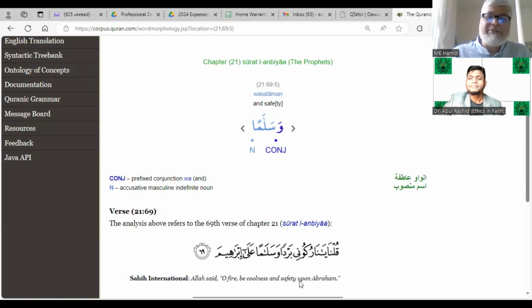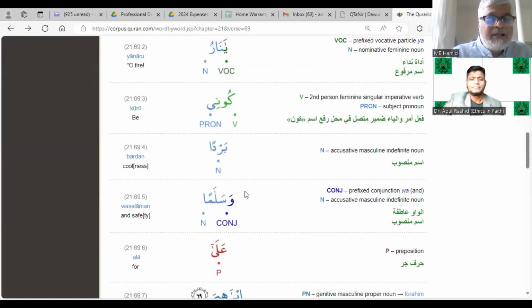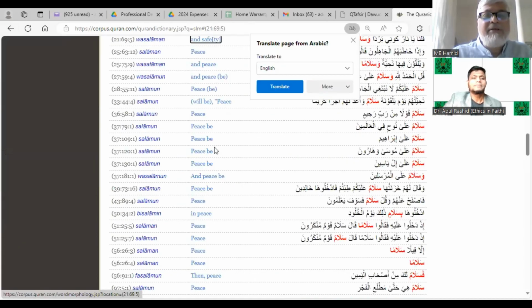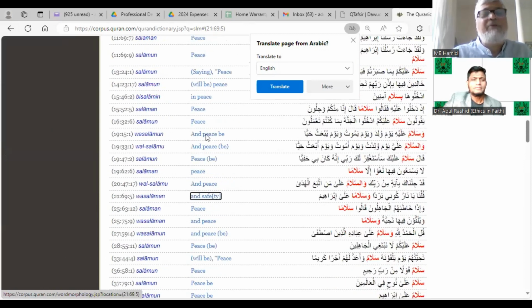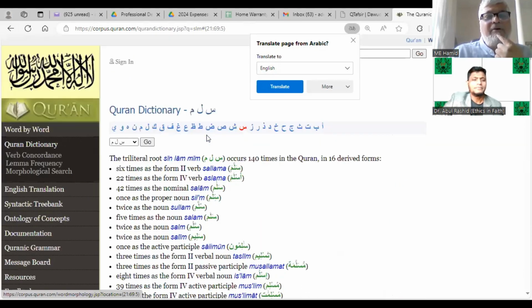It doesn't matter how you try to make it, go back to the same word, and click on Salaman in English. Now you see, go up and see how the meaning changes. Go up to the top of the page. Now you see how many forms are being used, like salam, salamun, aslamun, silmun, and you see the behavior and the meaning, how it changes. It's explained in all forms of salam on this page.